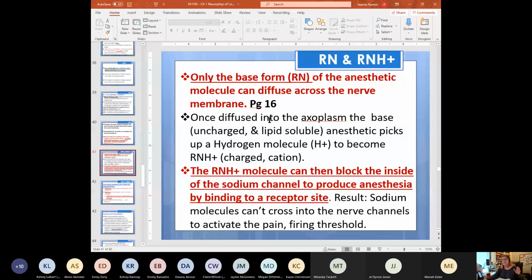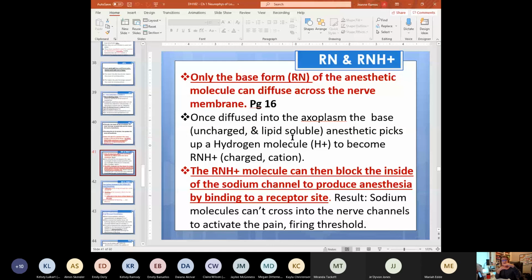Anyway, once it diffuses, and it doesn't penetrate, that's a big question too. What penetrates and what diffuses? If the test questions all talk about penetrating, they're meaning a needle penetrating the skin. So the local anesthetic doesn't penetrate through a nerve, it diffuses through the nerve. It's soaked in, so you need to have those differentiations. So once diffused, the RNs go into the cytoplasm or axoplasm, which is on the inside of a nerve,